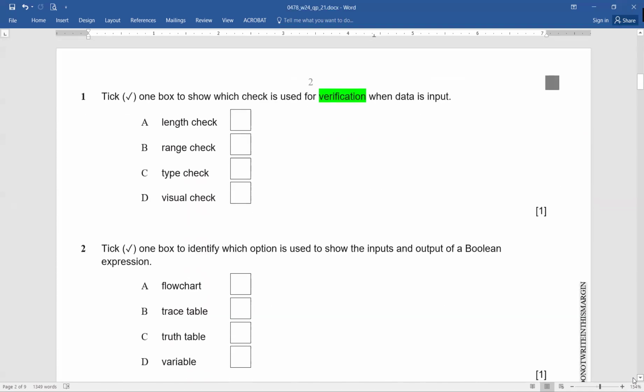And question number 2. Tick one box to show which check is used for verification when data is input. Now, you can see there are 4 options given for you: length check, range check, type check, and visual check. So just pay attention to the word verification, and what do you think, which is going to be the right option? Yes, which is the right option here? Exactly, that's great. It's going to be visual check, because length check, range check, type check, they all are your